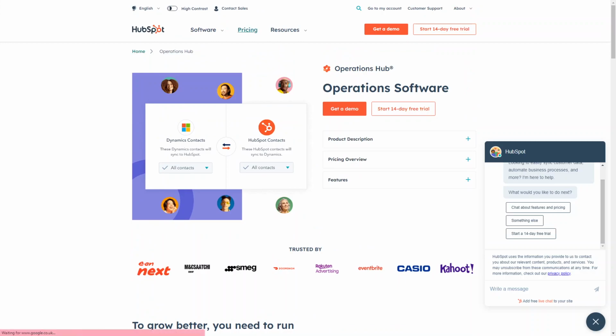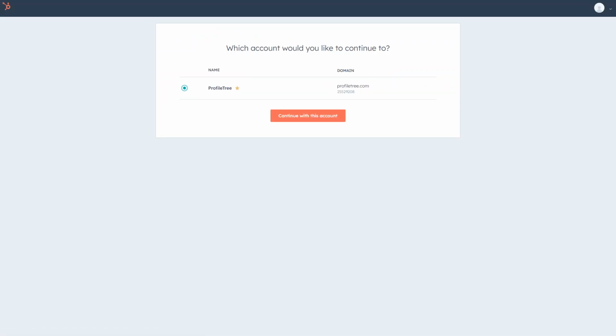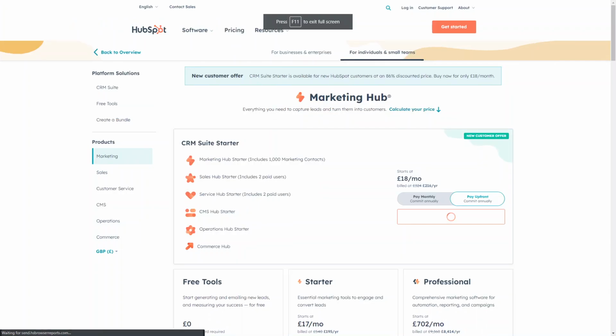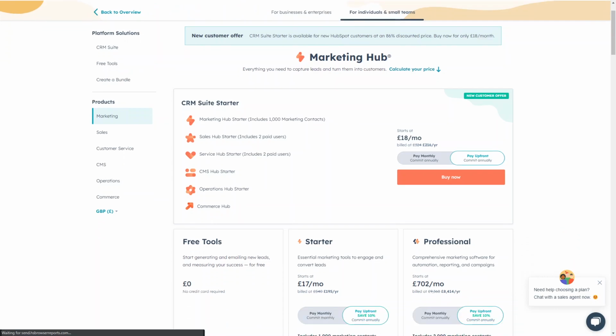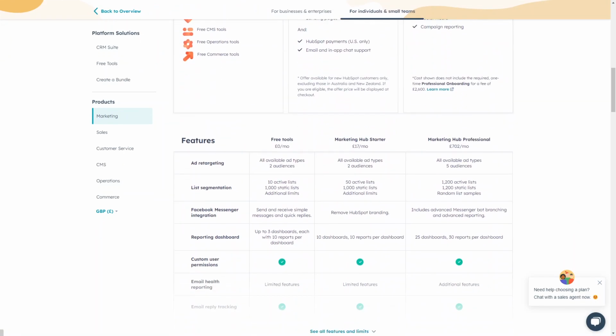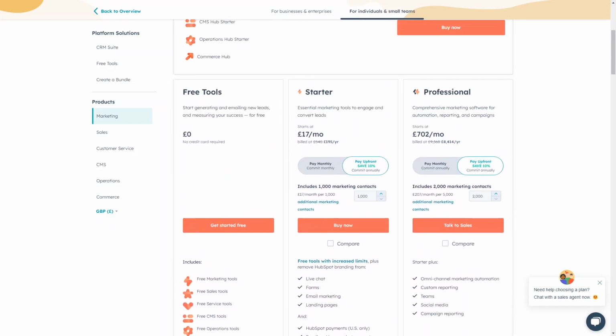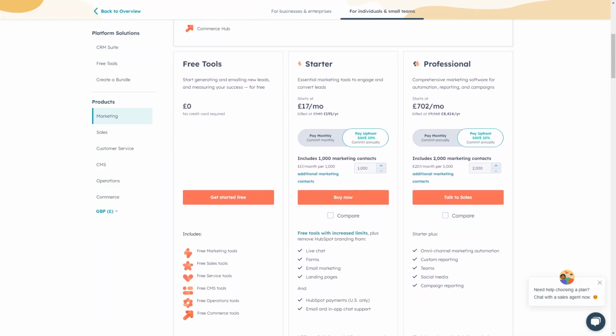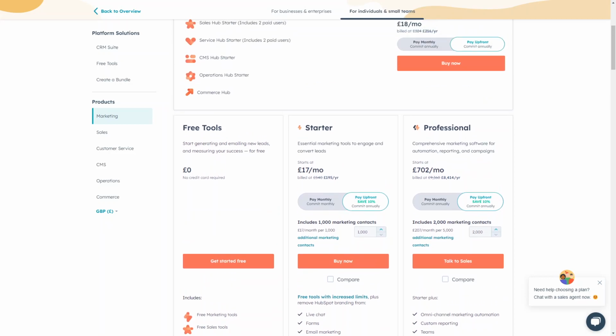To look at their pricing, you just want to go into the price tab here. And you can see their price list. So HubSpot has about three pricing plans. They do have a free version, and this free plan includes very basic data sync and quality tools, as well as the ability to